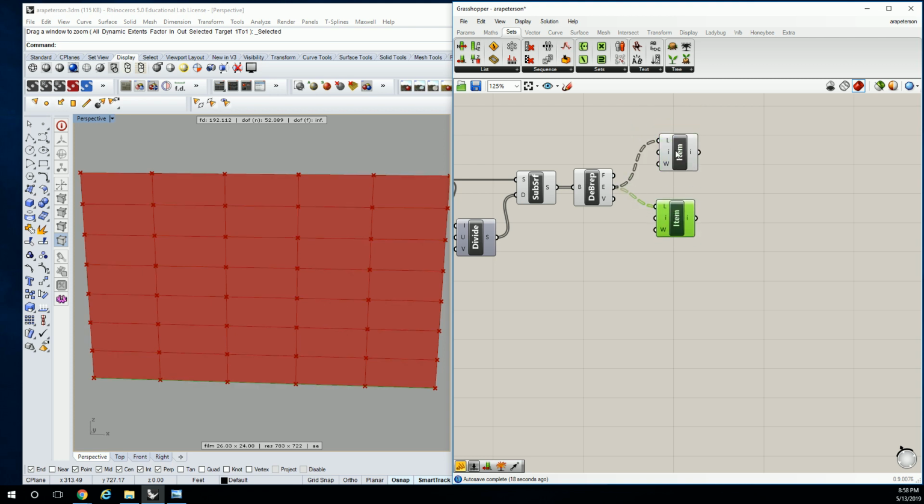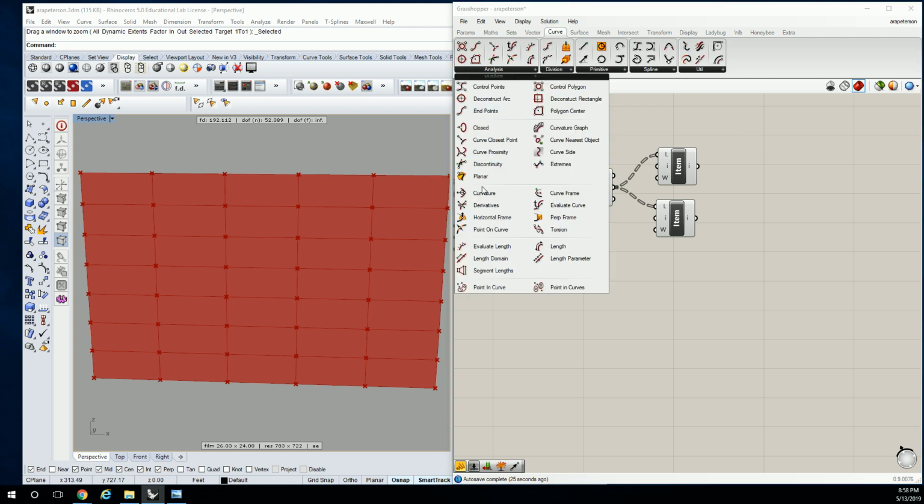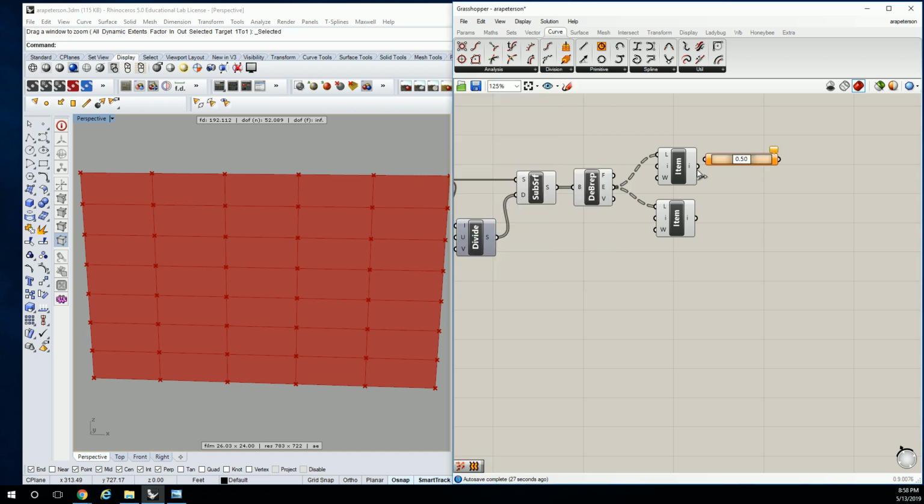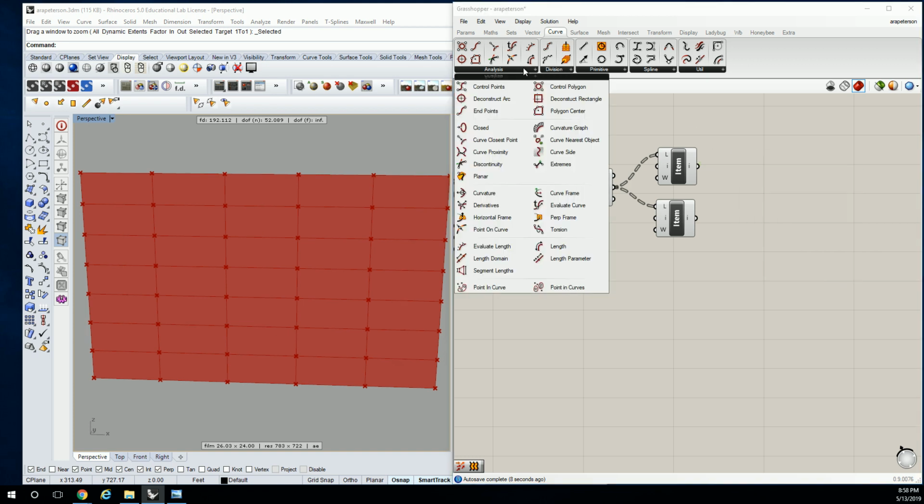Okay, there we go. So we're going to use, under curve analysis, point on curve. That's going to put a midpoint on the top curve. But if we want to change that, we can actually, well, you know what? I'm not going to use that. I want to have a slider that I can play with rather than having to change two numbers at once. So I'm going to do